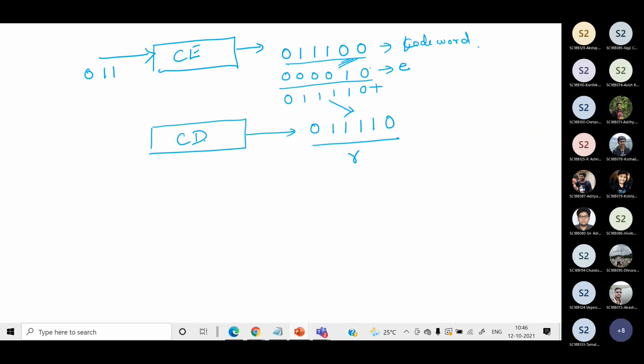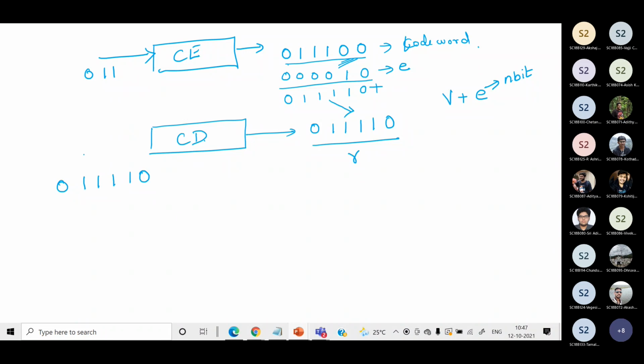So what happens here? Your transmitted vector is added with the error vector. The error vector is also n bits in length. Wherever an error occurs, the bit at that position will be 1. The rest of the bits are all 0. This you will be getting as V. So for channel decoding, what we have seen is minimum distance decoding.